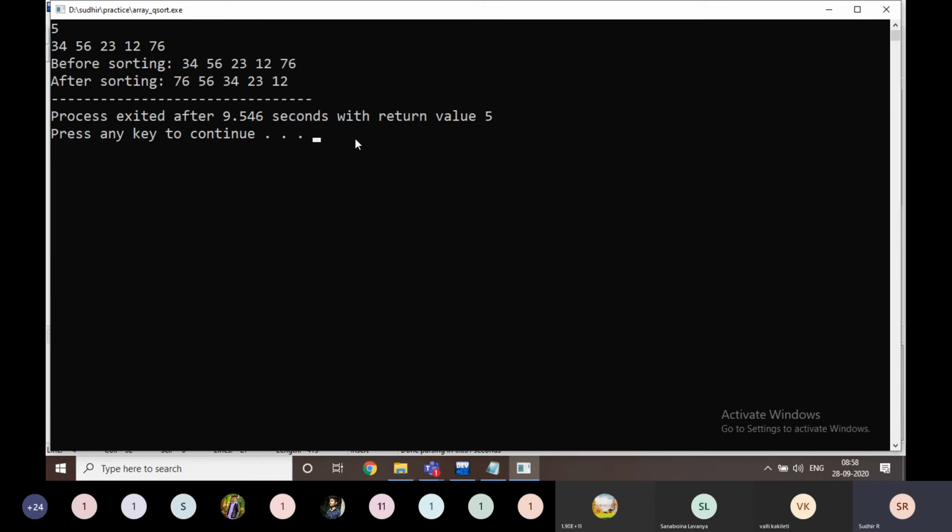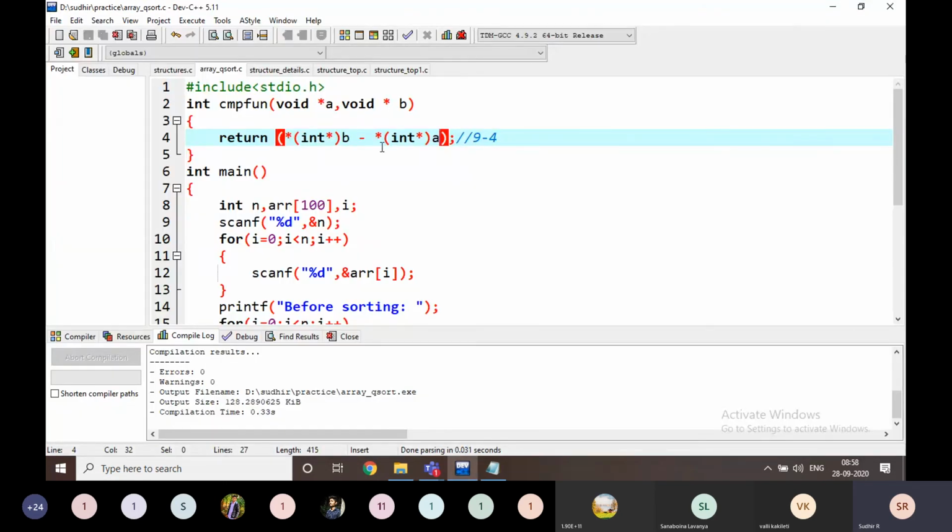Just look at here now. Now it is going to be in descending order. If you observe here what I am doing, it is in descending order. In the previous one, it was in ascending order. Now it is in descending order. We can do anything. What I am doing here is changing the values A and B to B and A. That's it. It is automatically converted from ascending into descending order. Is it clear, everyone? This is a very useful function.